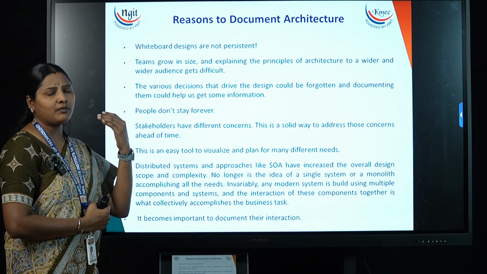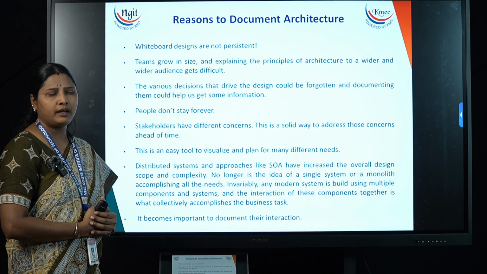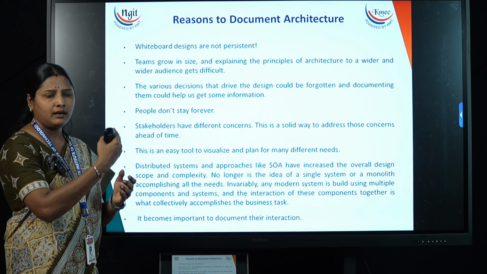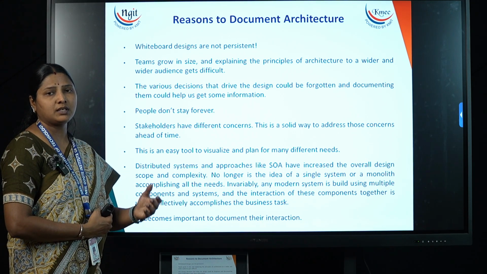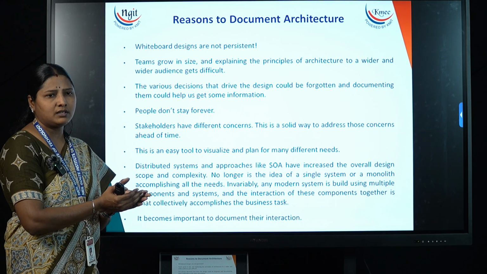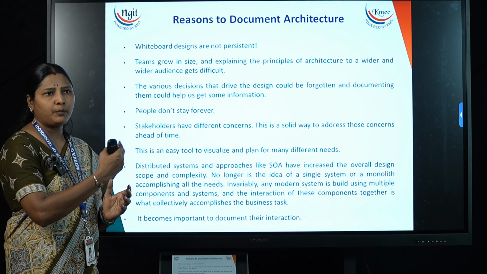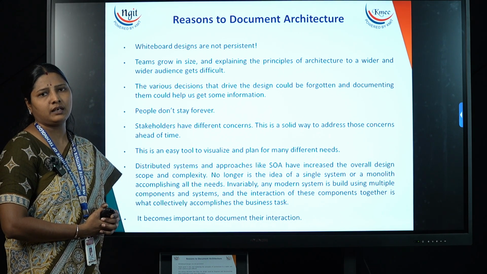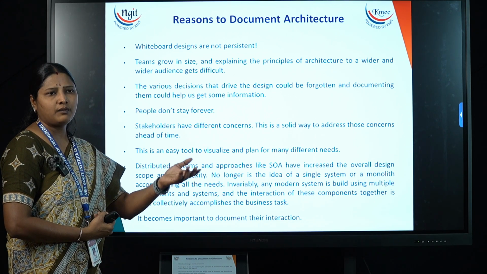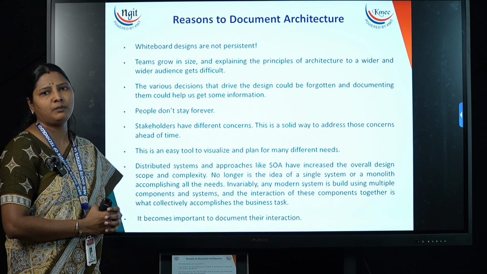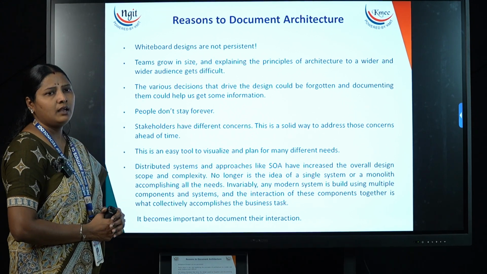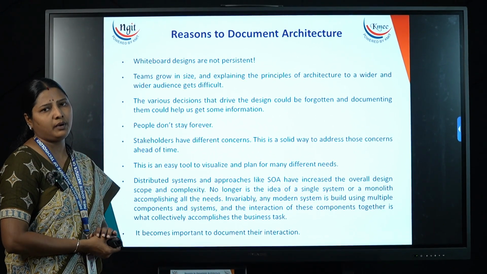So when we communicate with the client or the stakeholder, they should have a script or information so that the person can understand how exactly the project works, or what exactly the problem statement is. At the same time, they can see what they had committed at the initial stage when they approached the software engineer. From day one onwards, the whole information is collected and recorded. So that information is very useful, and these are the reasons why we go for a document architecture.